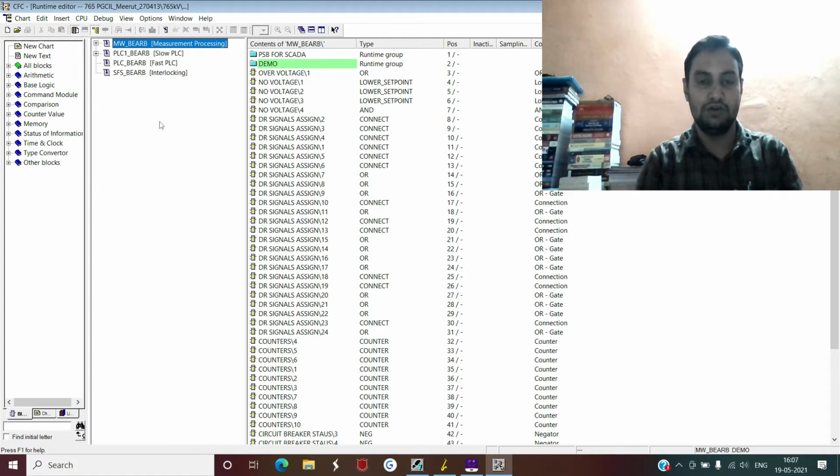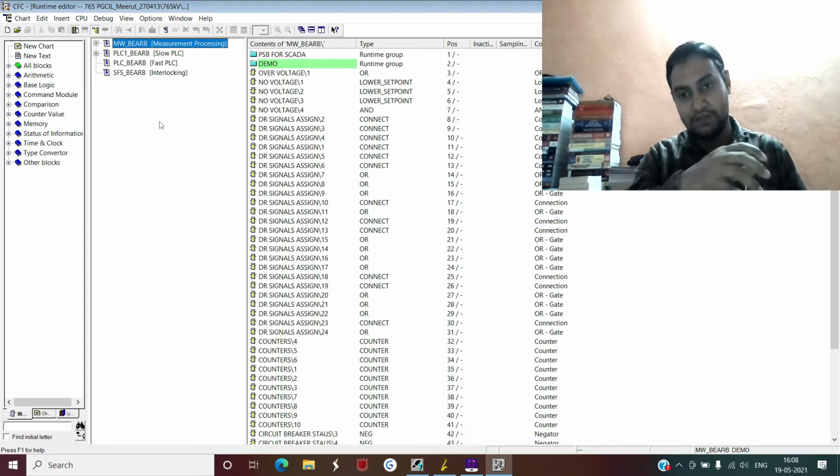Whenever any of your logic is created for the protection function, then generally those logics must be compiled in the fast PLC mode only. Because when you compile your logic in fast PLC, the processing time of those logics is very fast. In this distance relay or in the DCU, these logics get the first priority during processing.